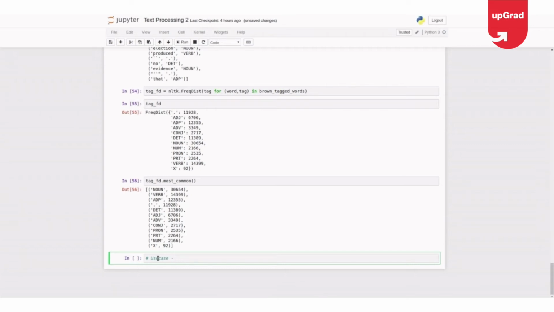Suppose I say South Africa. South and Africa are two words, but actually they come as one word. But when you do tokenization, they come as South and Africa separately. So by using bigrams, you can get these kinds of words into one unit.